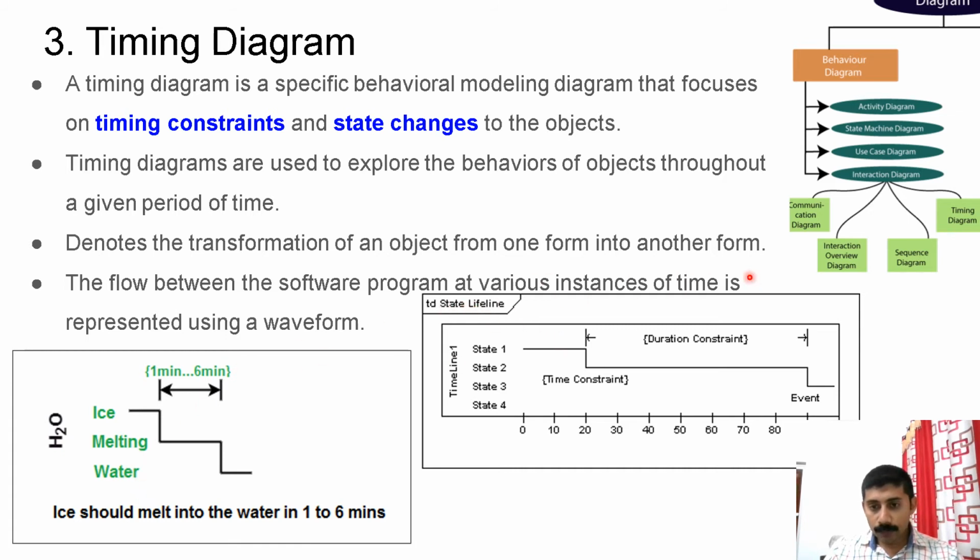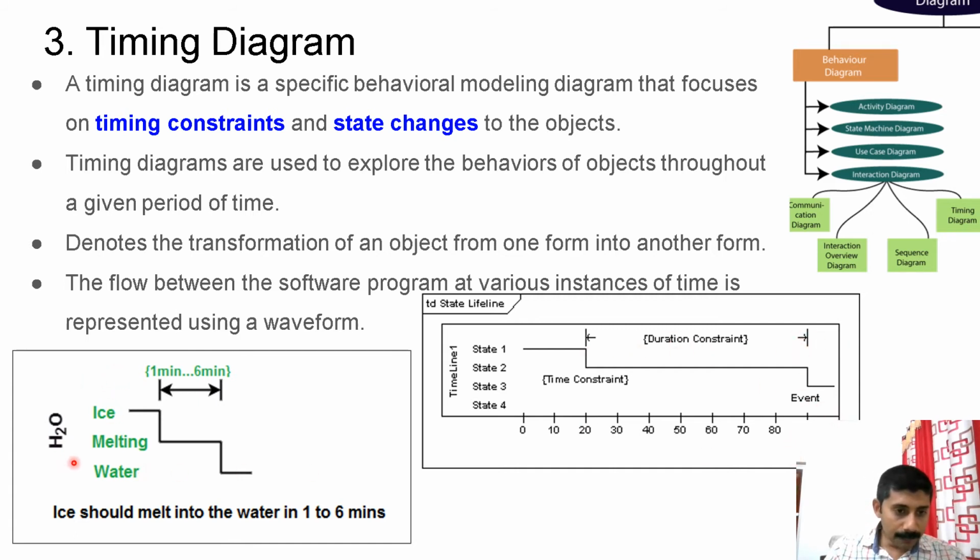So this is the basic syntax for a timing diagram. A timeline will be represented in a rectangle box, and here you will mention the timeline object name. Then there will be multiple states. Then the waveform will indicate the state transition, meaning the state change from one state to another, and between the state changes you can measure the time delay. The bottom indicates the time duration. So between these two transitions, if you check the values at the bottom, you can understand how much time it takes for that transition.